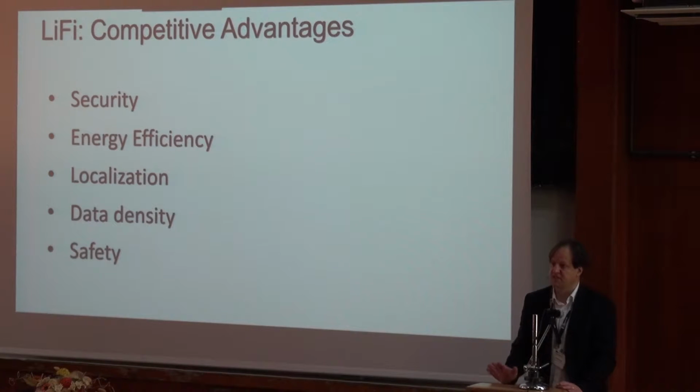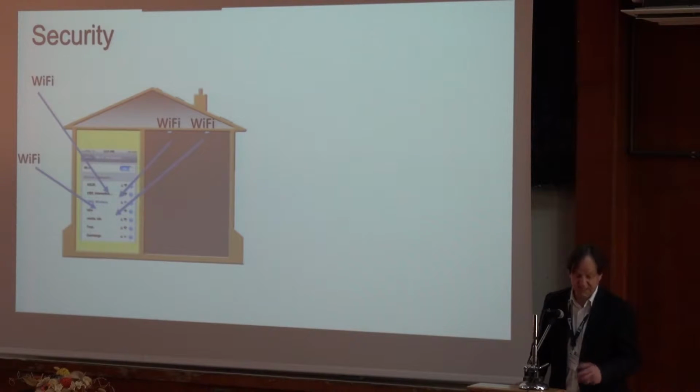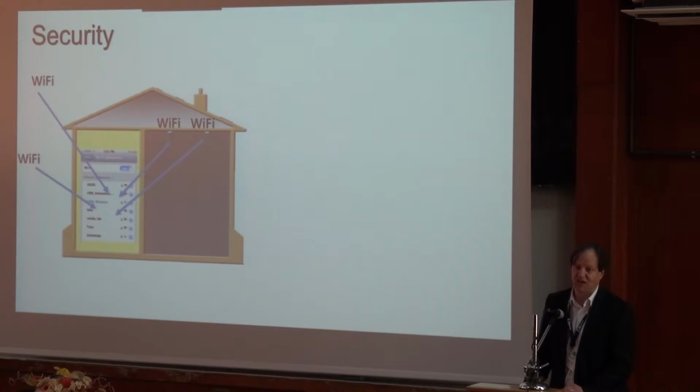The goal in 3GPP is to get to 100 megabit per square meter. We have not reached that yet, so it's still below 1 megabit per square meter. With LiFi, we have shown we can go up to 1 gigabit per square meter in data density, because light is very contained and it has greater safety. So let me explain the security feature, but I think it's self-explanatory. If you open up the Wi-Fi networks on your smartphone, you probably get 20, 30 Wi-Fi networks, which means you have access to them and you could break into them fairly straightforwardly.